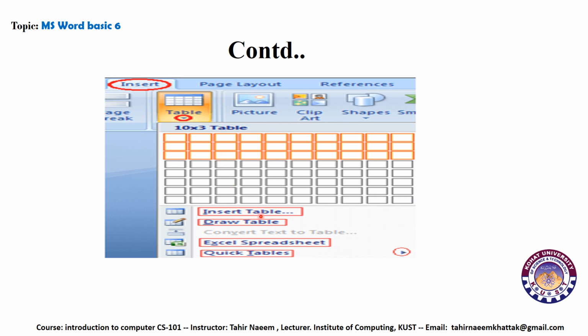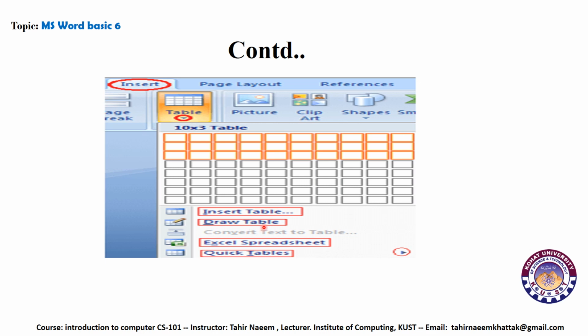While there is another option, Insert Table. When we click on Insert Table, a further menu will appear before us, in which we have to numerically type the number of columns and rows, and the table will appear before us. There is a third option, Draw Table. Draw Table means that we can also draw our table.